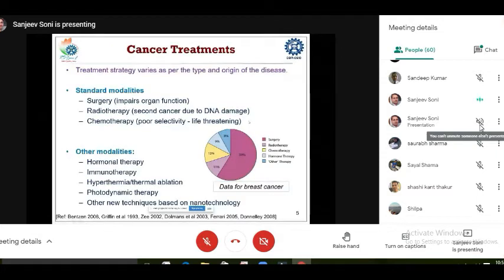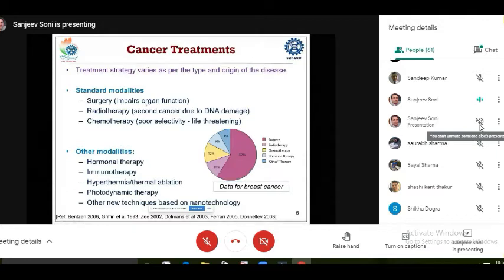And just to look at the cancer treatments, there are three standard treatments which are generally followed in clinical practice. The first one is surgery, which means we are trying to remove a certain organ which contains many cancer cells. But if that organ is not present in the human body, then the function of the